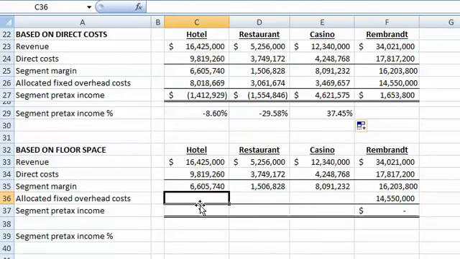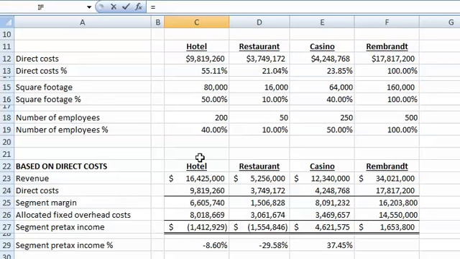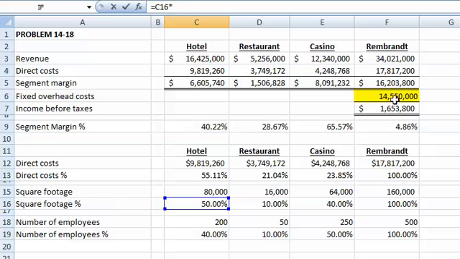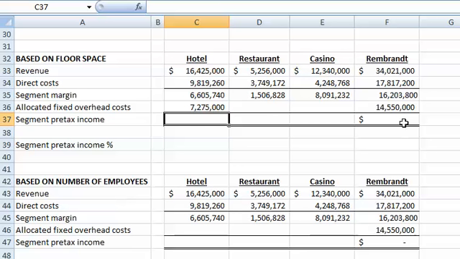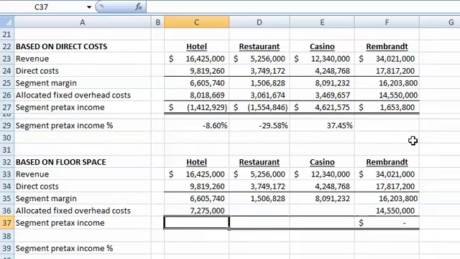So our hotel occupies 50% of our square footage. So 50% of the square footage or floor space times the 14.5 million means that we will assign to our hotel $7 million in fixed overhead costs. Notice our allocation of overhead has gone down from $8 million to $7 million, so not surprisingly, our calculated pre-tax